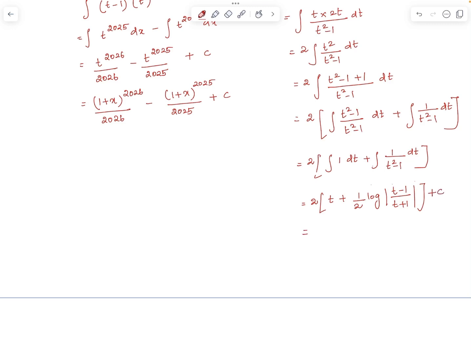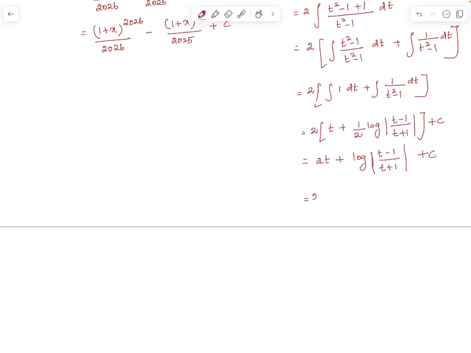Multiplying the bracket with 2, it becomes 2t plus log of t minus 1 by t plus 1 plus c. Substituting for t, we get 2 root e power x plus 1 plus log of root e power x plus 1 minus 1 by root e power x plus 1 plus 1